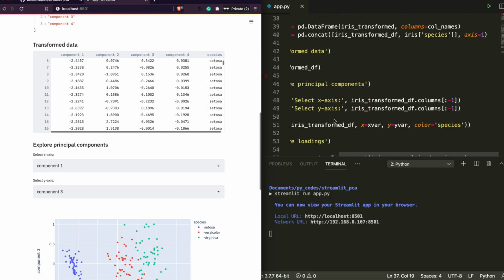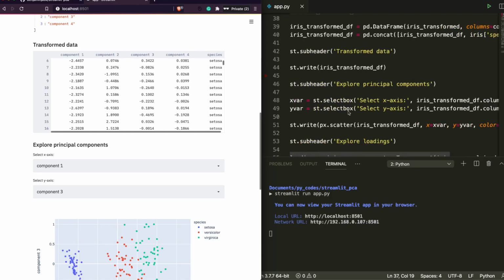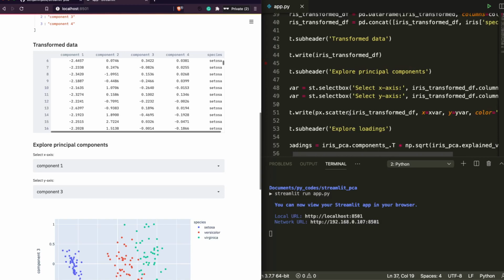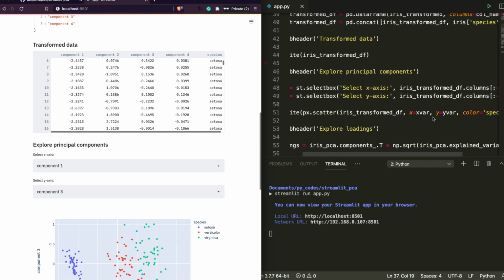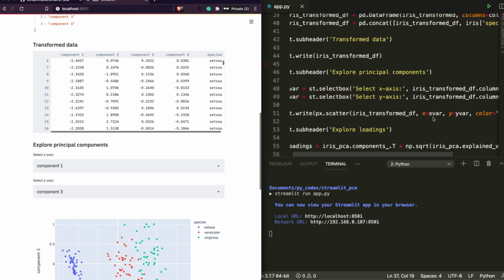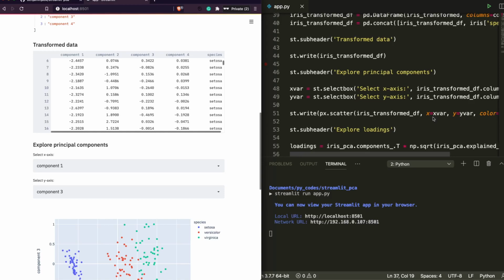The same thing that we did at the top for iris columns, we are going to do with the transformed data frame, which is the result of the principal component analysis we just built. After that, again it's the same plot but with different values. Building a scatter plot, the first argument is a data frame, second argument is x, y, and then hue or color with which you want the dots to be colored or identified.